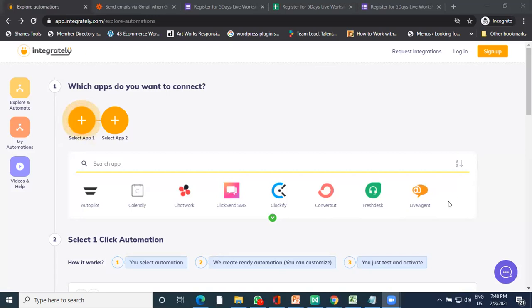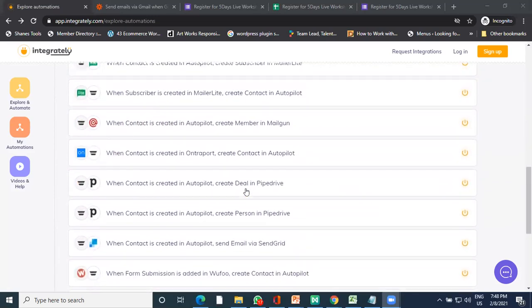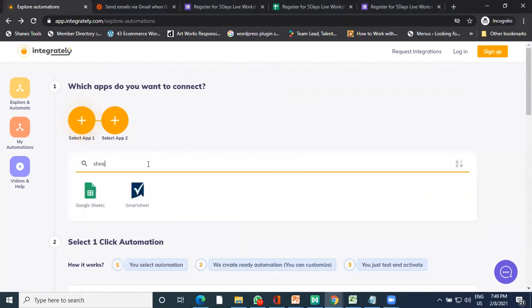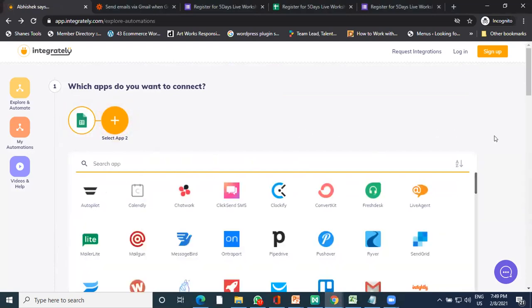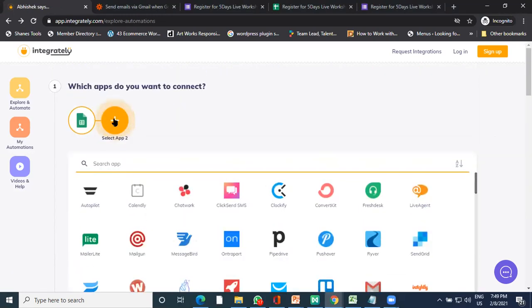Functionality is same, pricing is different, and the Zap connections are different. On Zapier, there are 1,000 Zaps which can go, and with Integrately, it will send 6,000 on a free account. See, it's the same here also. You just need to look out for the option of Google Form. So if you type over here, say Google Sheet, sorry, I'm saying Google Form. If you select Google Sheet over here in Integrately also, it will show you other things like second app.